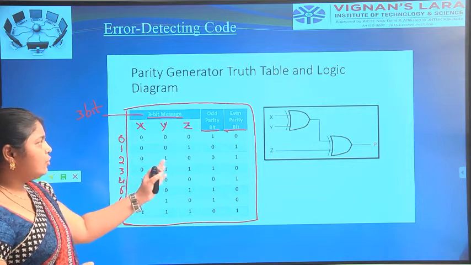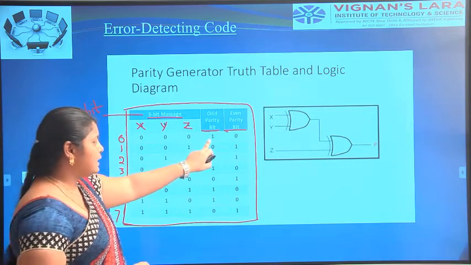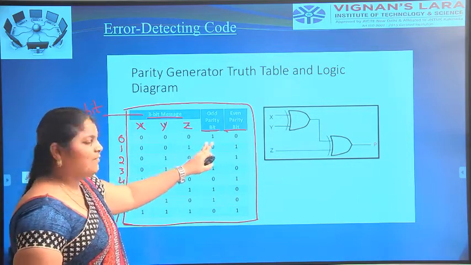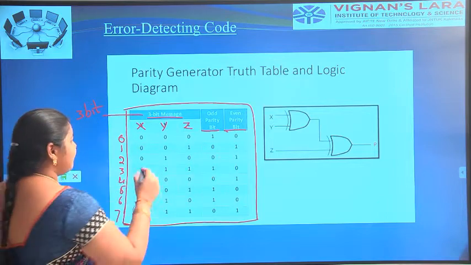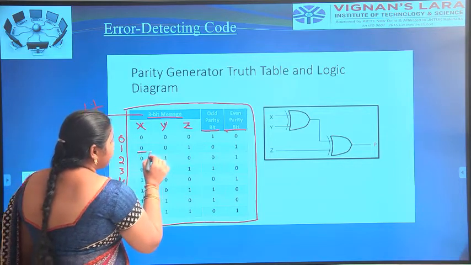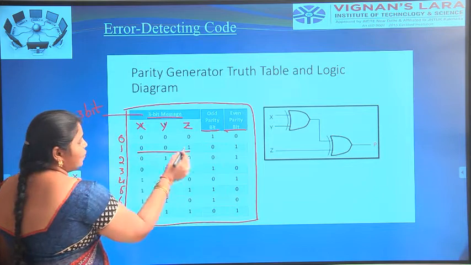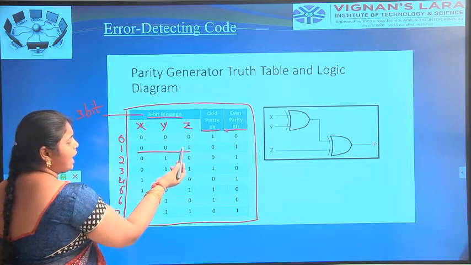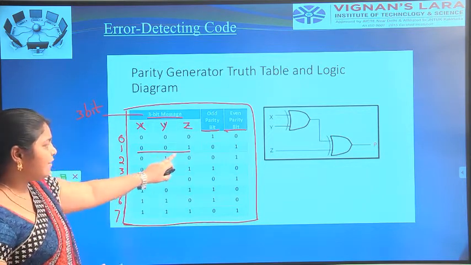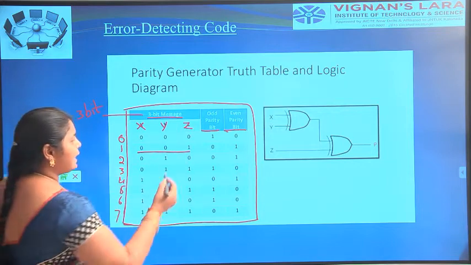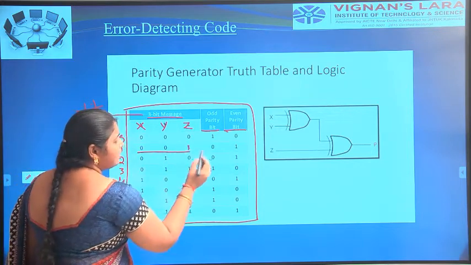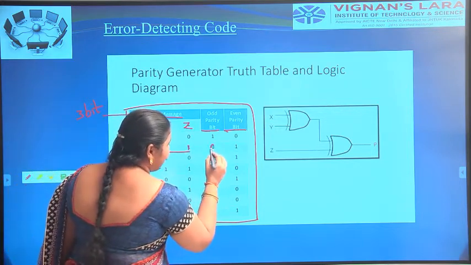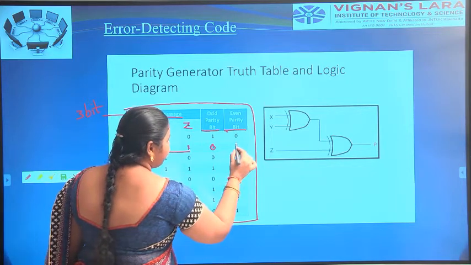Here is how we calculate them. For example, take the binary number 001. Here we have two zeros and one 1. The count of ones is odd, that's why the odd parity bit is 0 and the even parity bit is 1.